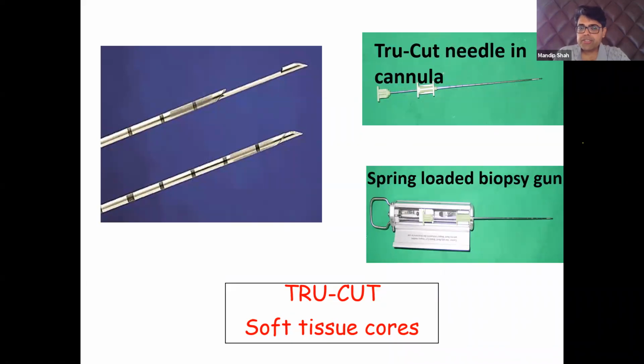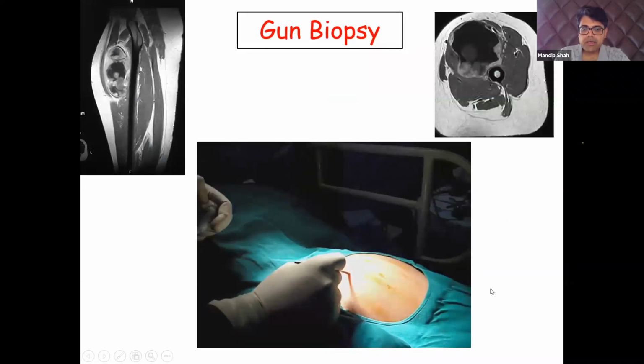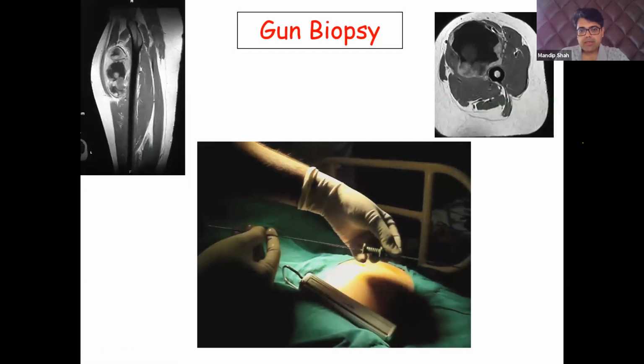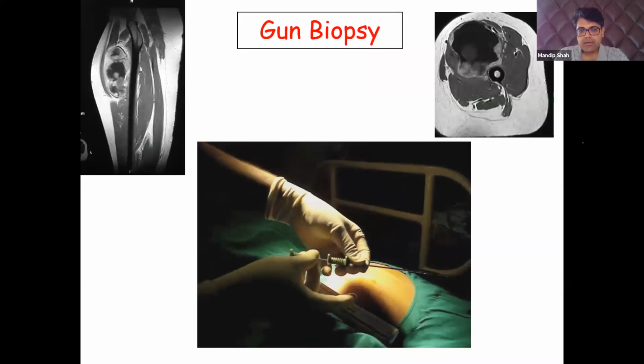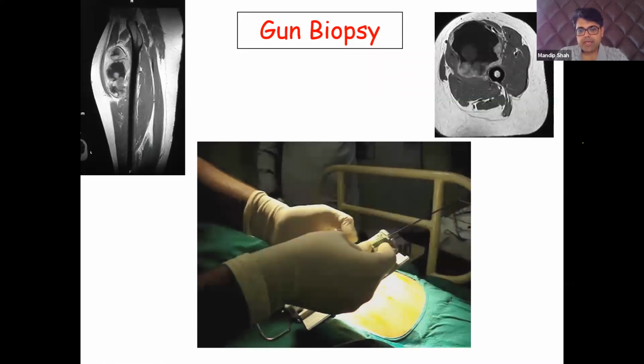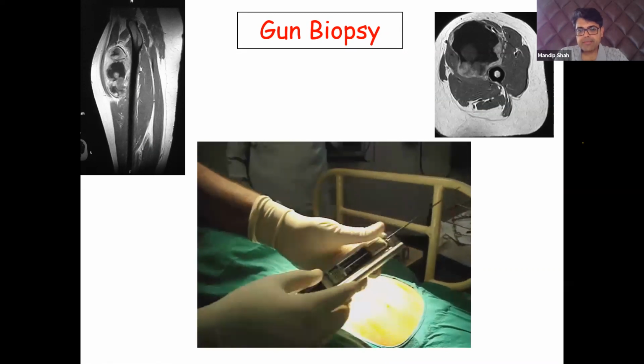For soft tissue tumors, you have another type of guns, which are known as soft tissue guns, and you have this kind of a true cut needle which goes in this spring loaded gun. So this is a soft tissue tumor in the thigh. What you do is, you have put in a stab incision, and this is that true cut needle which is loaded now, and then it is put inside that spring loaded gun. It is properly fitted there. You lock the gun,